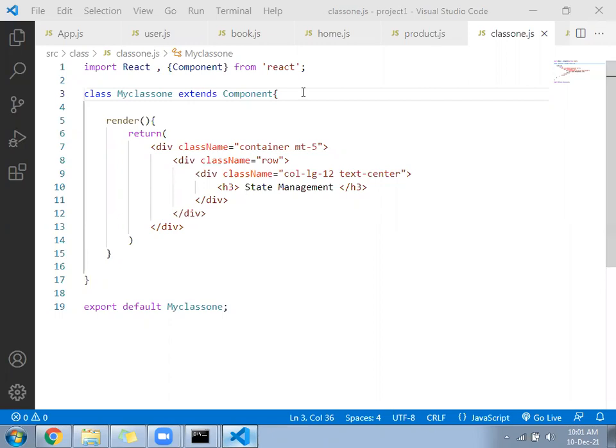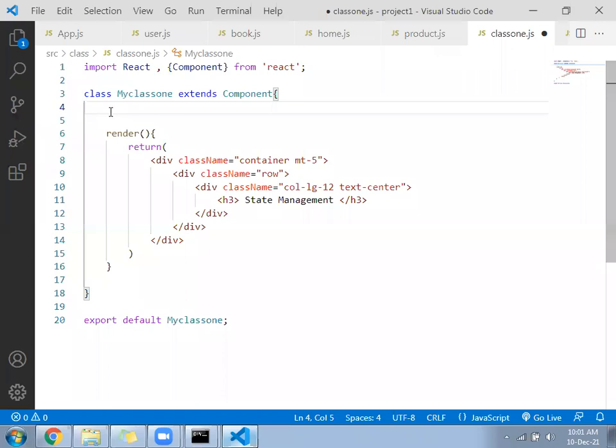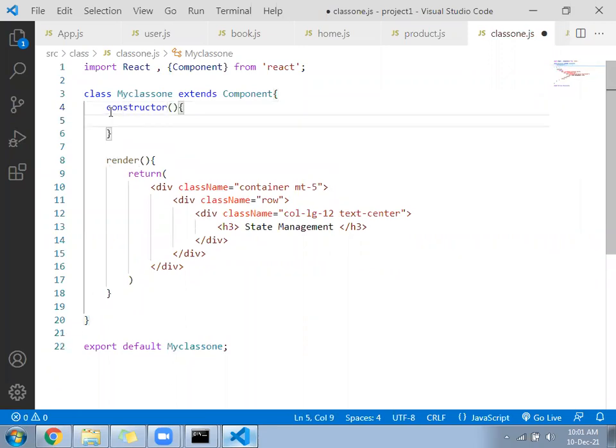Working clear then. Now come to your class1.js file. If you remember, inside the class, we follow a life cycle method that is called constructor. Open and close the constructor.